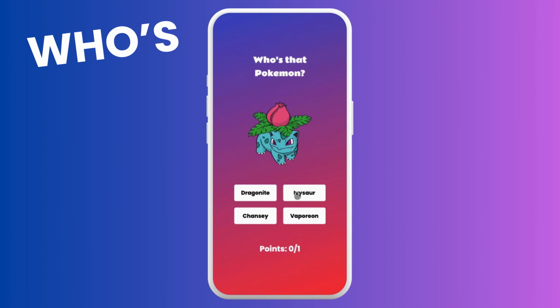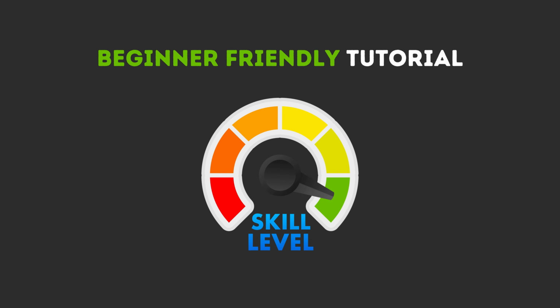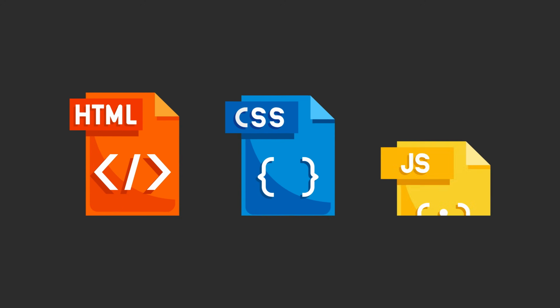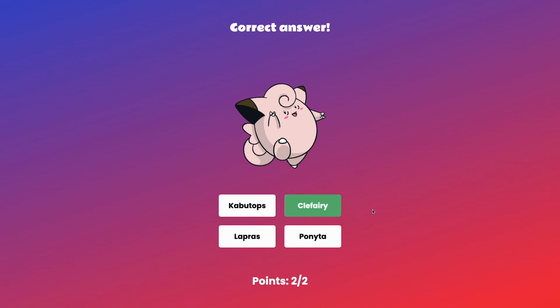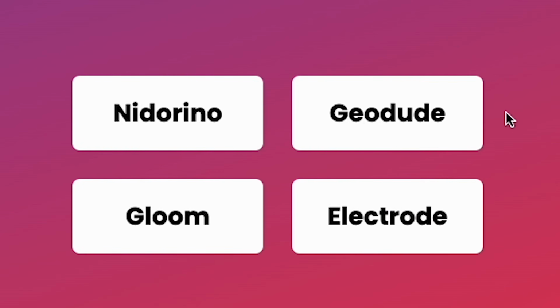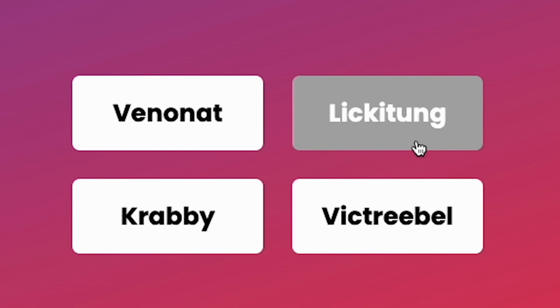We are creating a Who's That Pokemon quiz game. This is a beginner-friendly tutorial and we will be using HTML, CSS, and JavaScript to create this game. The game starts by giving us a picture of a random Pokemon from the first 151 Pokemon. We have 4 options to answer from, with a nice hover effect and different color feedback for correct and wrong